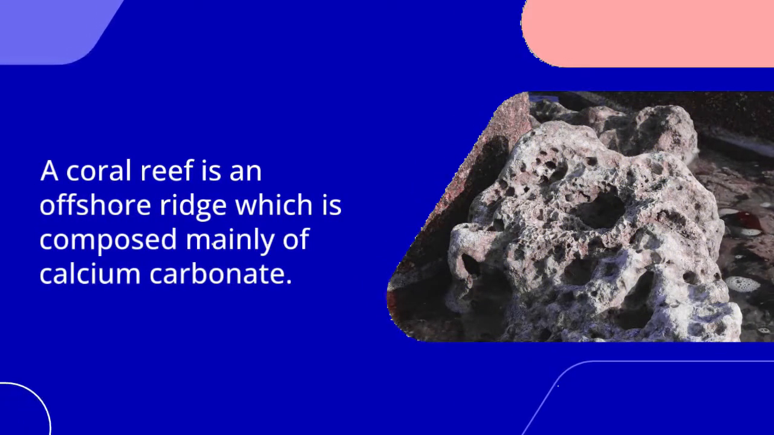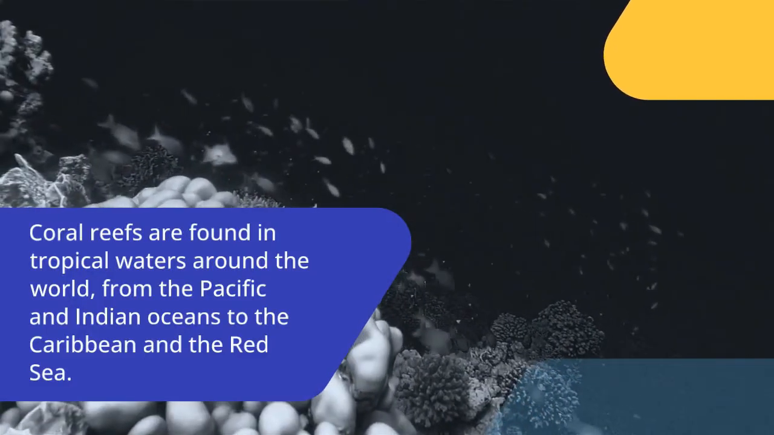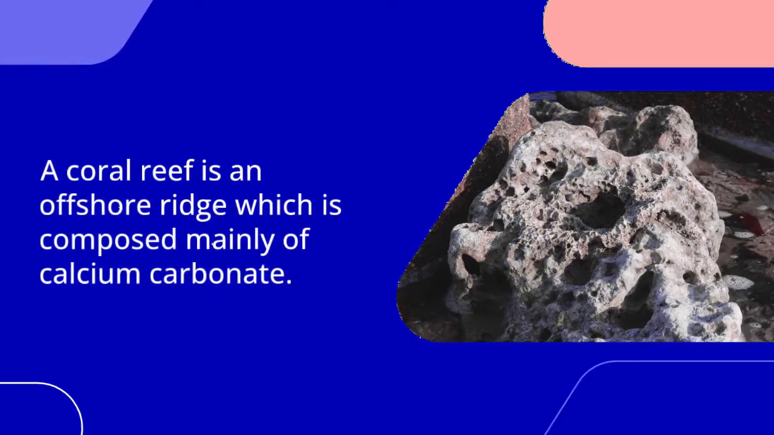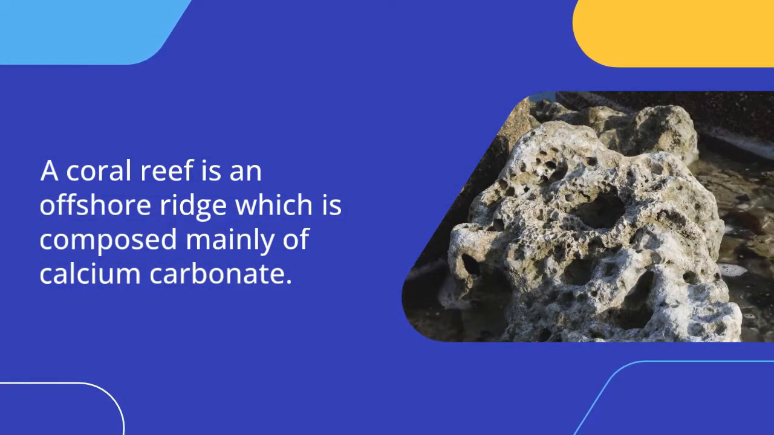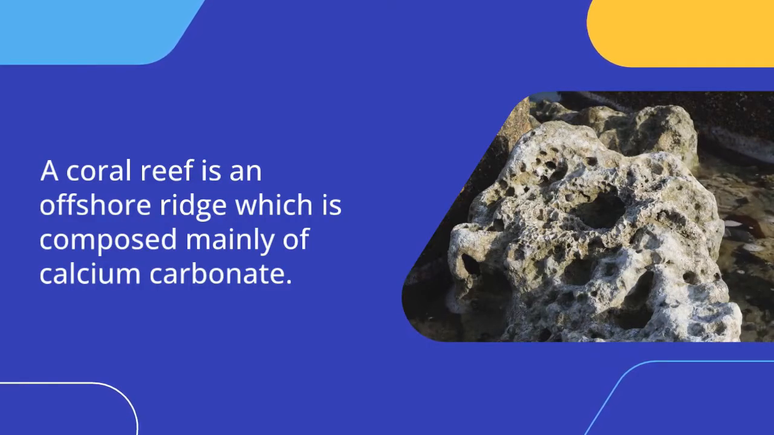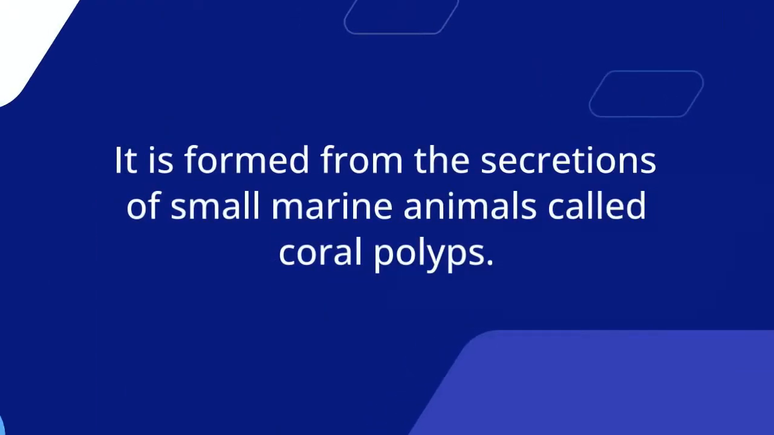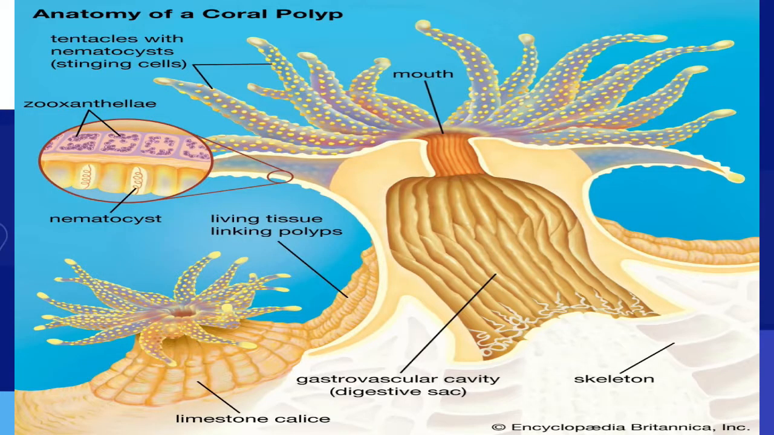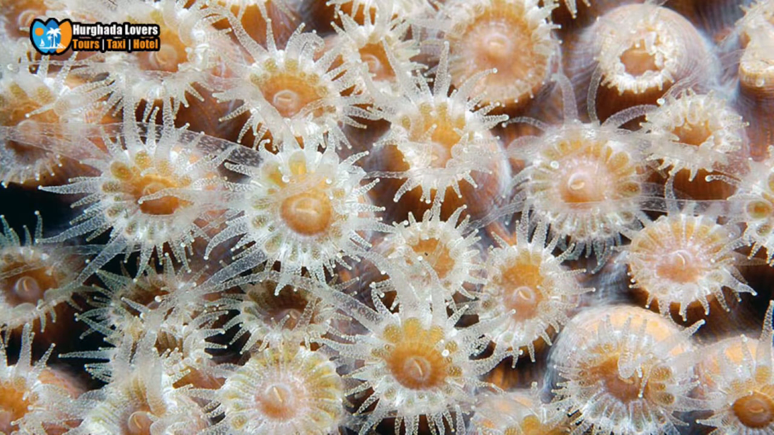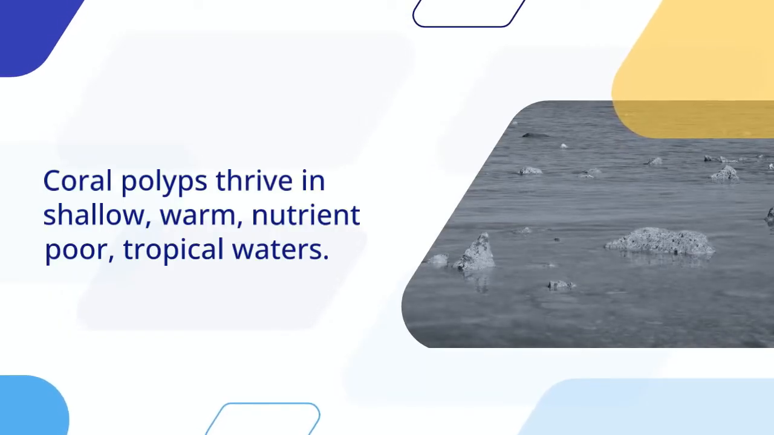I'm going to say that again because definitely CXC wants you to have a working definition of a coral reef. So, a coral reef is an offshore ridge which is composed mainly of calcium carbonate. It is formed from the secretions of small marine animals known as coral polyps. See one on the screen there? Looks strange, doesn't it? Yes, a coral polyp is a tiny marine animal and it thrives in shallow, warm, nutrient-poor